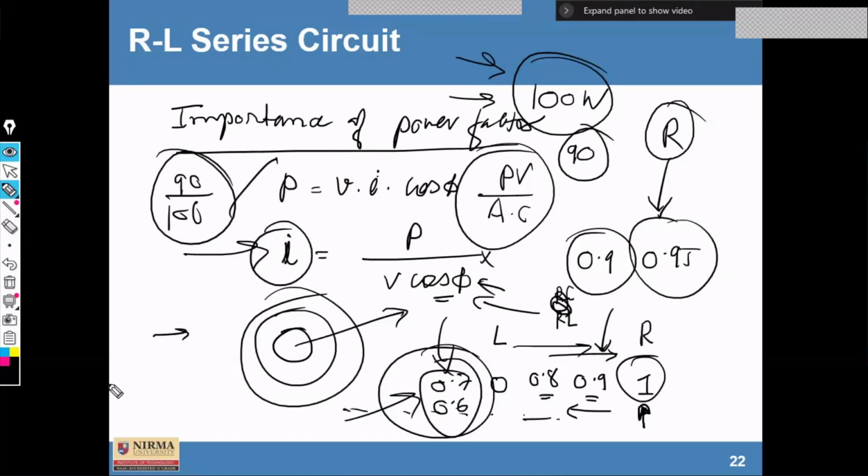And if the power factor is lower, then the voltage drop is also larger, voltage drop across any component, or we can say passive component. And we know that at lower power factor, conductors have to carry large current, which increases the voltage drop in the system. Clear? So these are the advantages and disadvantages of having a power factor.